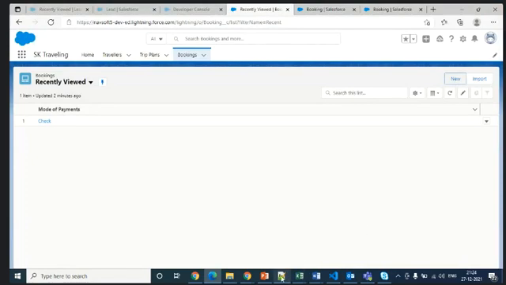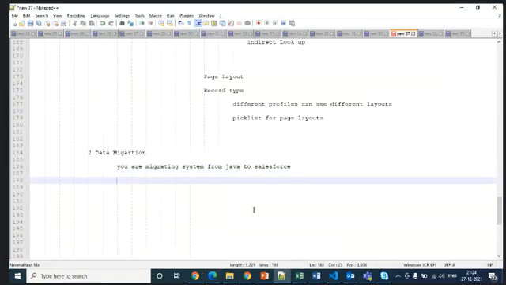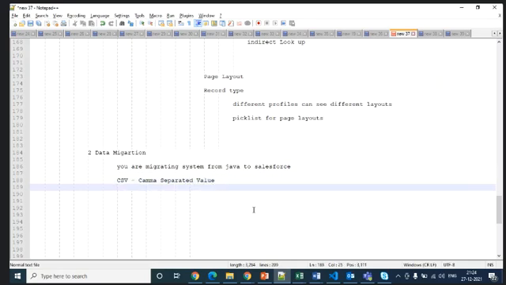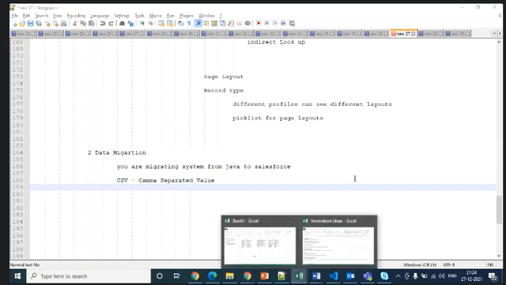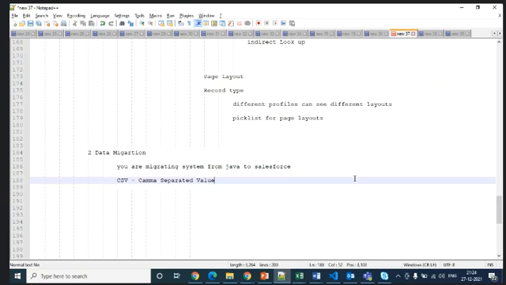Now what format should you maintain to migrate the data? The format is CSV, which means comma separated values. Why do we require it? CSV looks like Excel, but there are small differences.